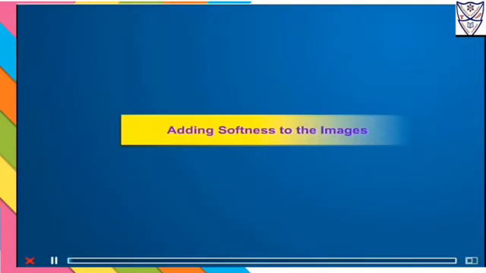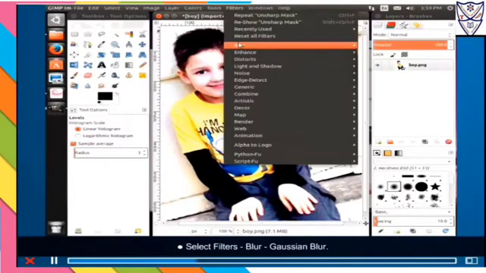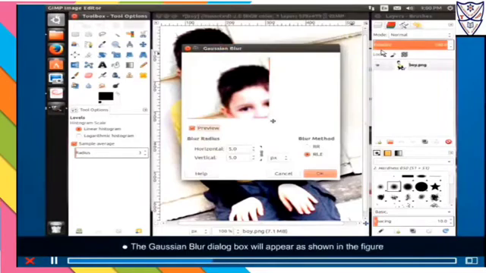Adding softness to the images. Sometimes your photos look too sharp. In this case, you can use softening techniques to soften the image as follows. To soften your photograph, select Filters, Blur, Gaussian Blur. The Gaussian Blur dialog box will appear as shown in the figure.